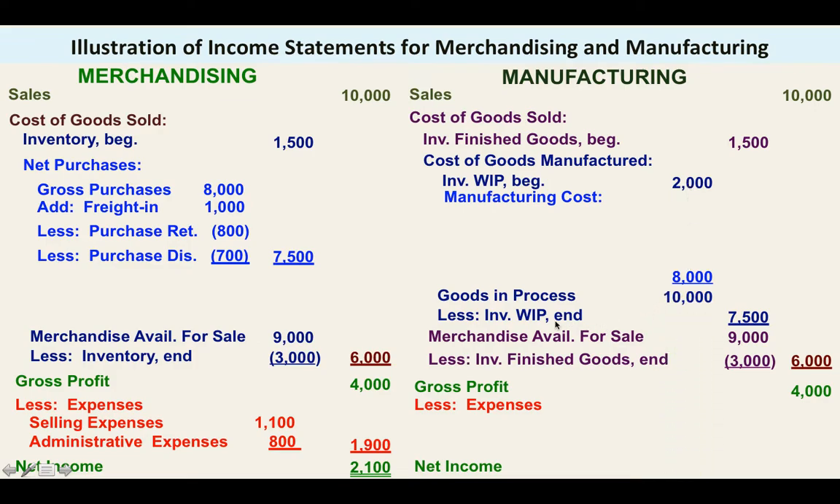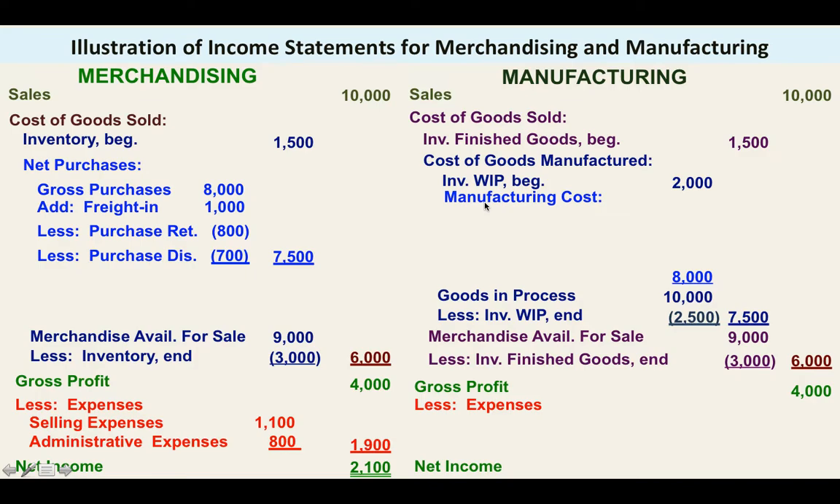And now you have to look how much is the work in process end. You have to find that from the problem. So if the work in process end is 2,500, then we have to deduct this from goods in process. So that will give you 7,500. Okay? So class, the cost of goods manufactured is calculated by adding inventory work in process beginning and manufacturing